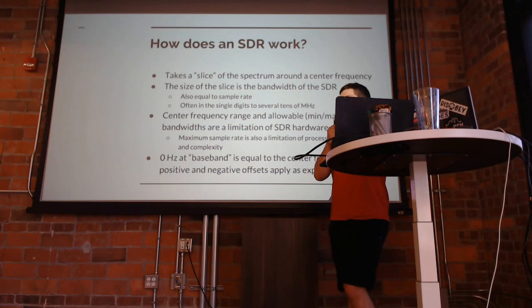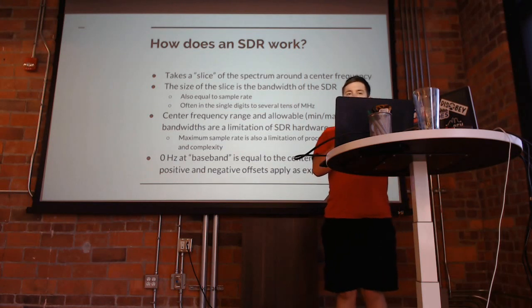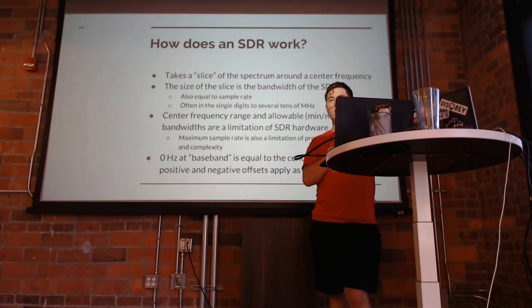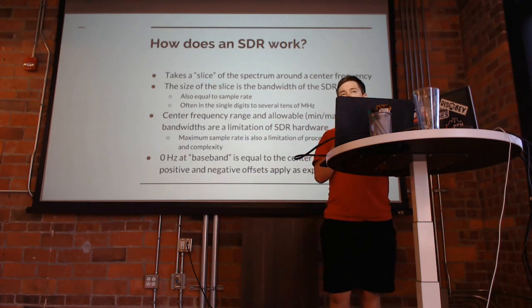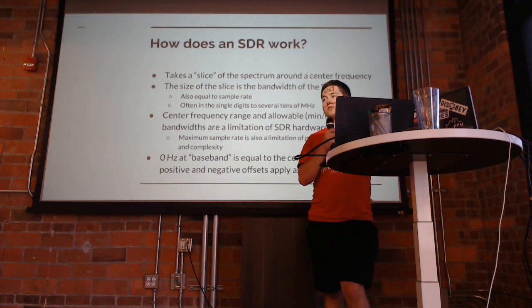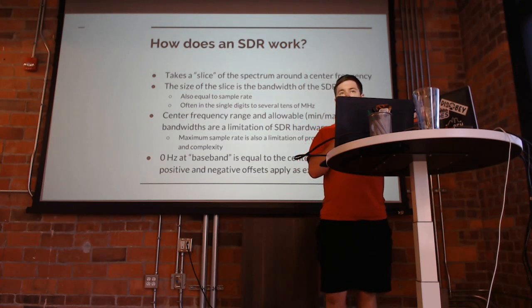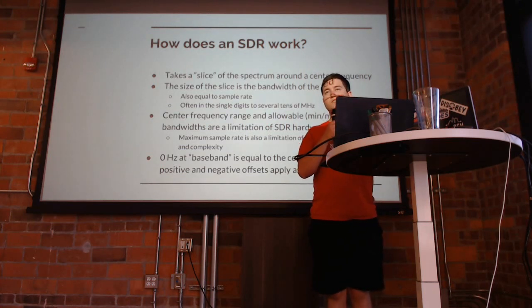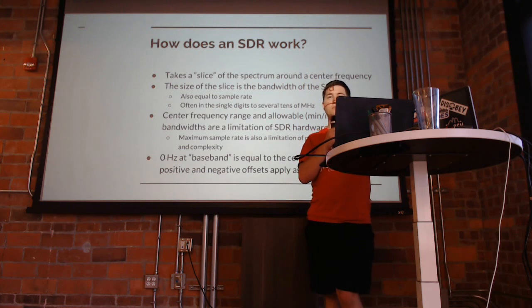So the basic operation of an SDR is as follows. It takes a slice of the spectrum around a center frequency. The size of that slice is the bandwidth of the SDR. With a more capable SDR, you can take a larger bandwidth and see more of the spectrum at once. That's equal to the sample rate, which is something that will come up later, and that's what's computationally demanding because